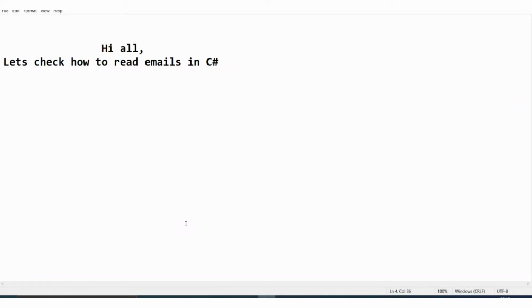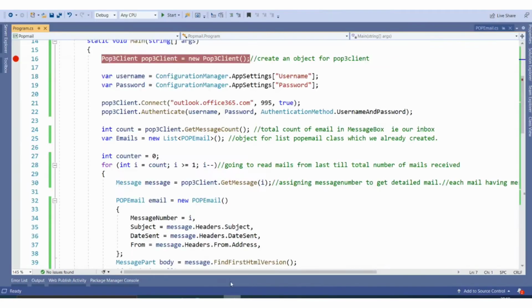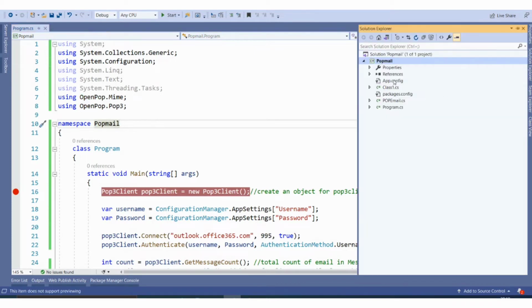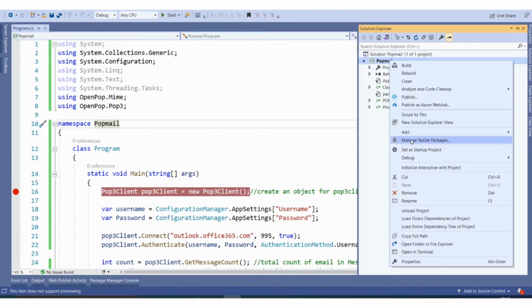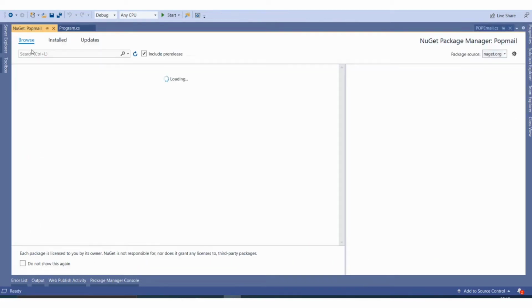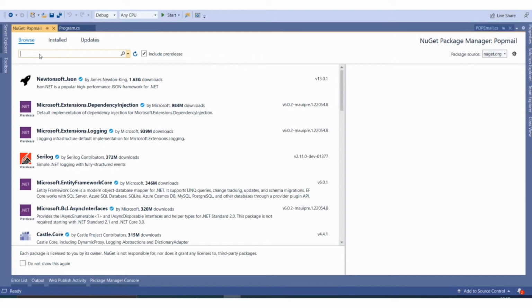Hi all, let's check how to read email in C Sharp. Here I created a sample console application for reading email from our server. For that you have to import the openpub.net namespace. Browse openpub.net